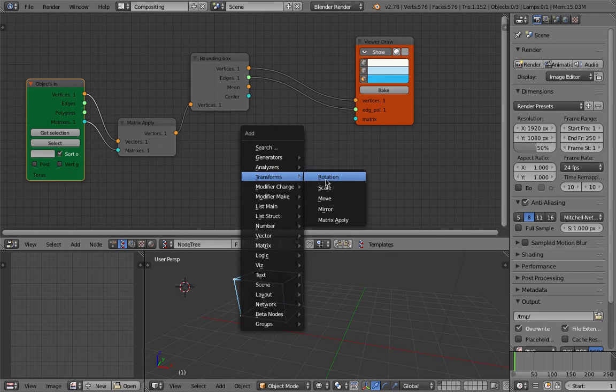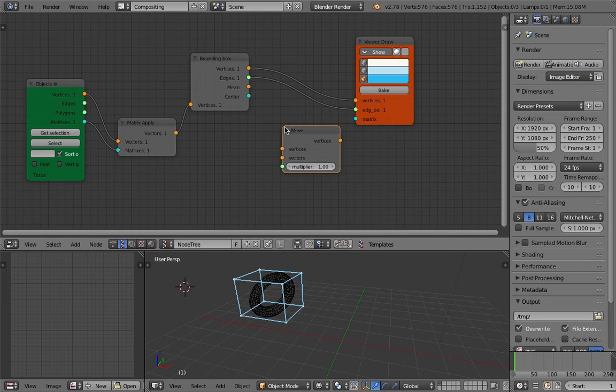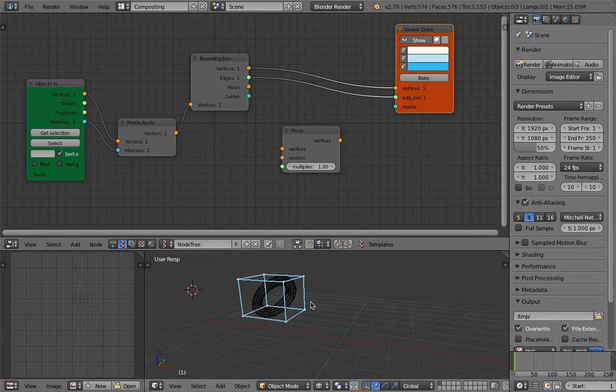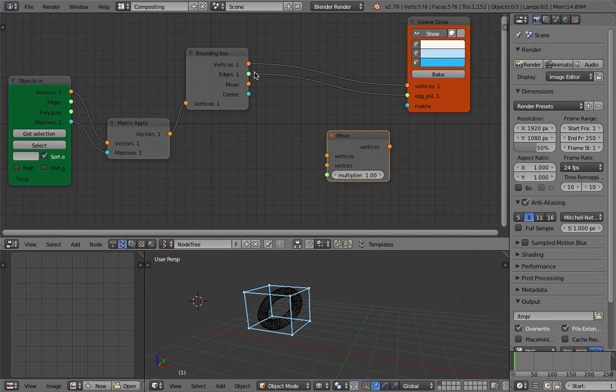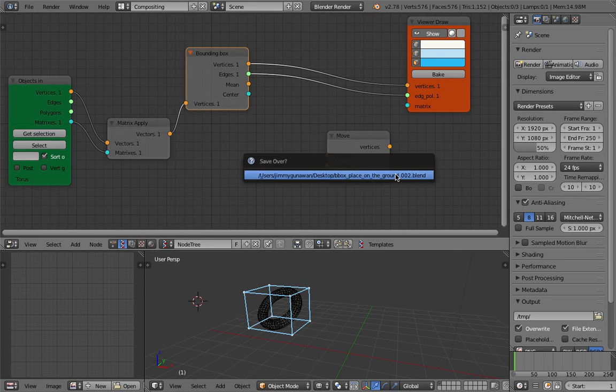I think in the transform, this is all you can do, like if you want to change the pivot position of the objects, whether it is for rotation or scale or move or other stuff. What we need is the move. And let's see, I believe we have the bounding box. Let me have a think. I think the multiplier should be -1, and